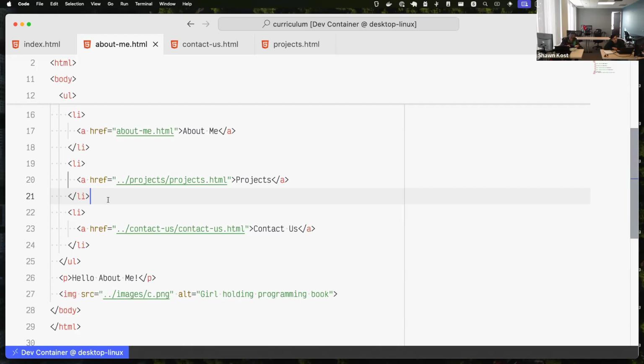And the text content, and the closing anchor tag, and line 21 is a closing li tag. Perfect, thank you. Line 22, there's an opening li tag. On line 23, there's an opening a tag with an href attribute being assigned a string. Some text content and then a closing tag for the a element. Line 24, there's a closing tag for the li element, and then Caroline, could you